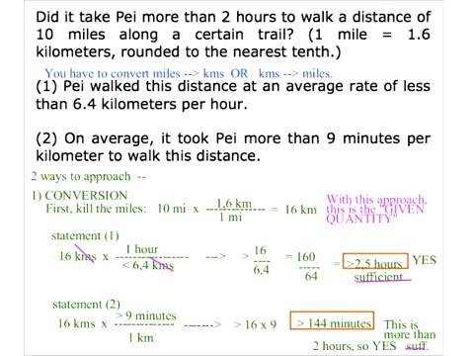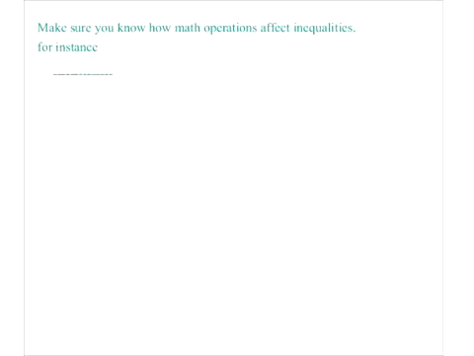Why did I change it to more? Well, I didn't change it. Oh, you mean in this part. If you divide by less than something, then that gives you more. If you don't understand that, then make sure you know how math operations affect inequalities. For instance, if I divide 10 by a number that is more than 2, then that's less than 5. If you don't see how this works, then just try enough examples until you see how this works, because